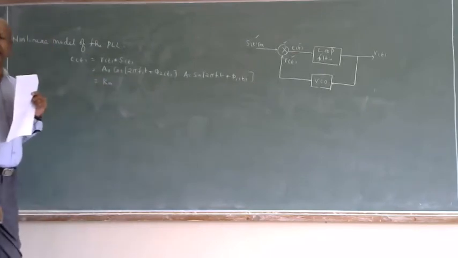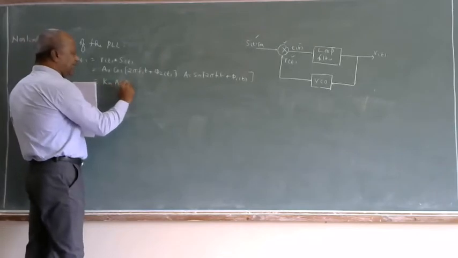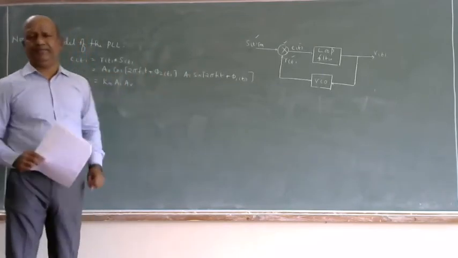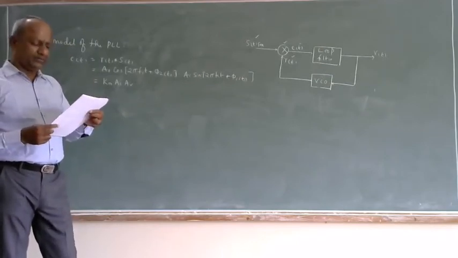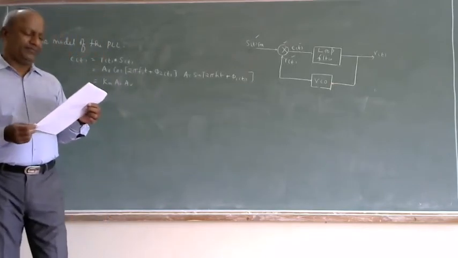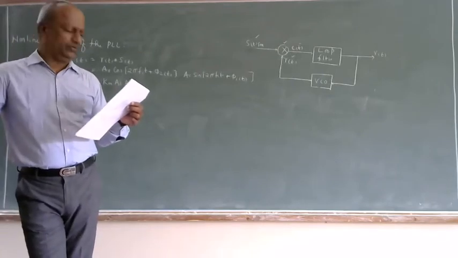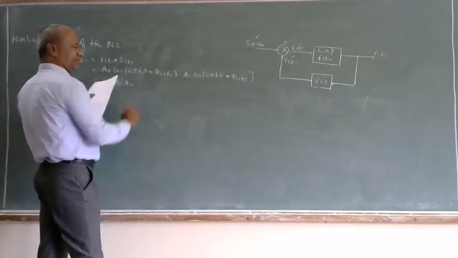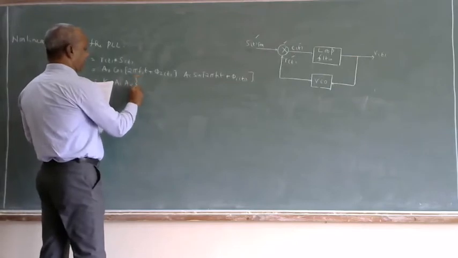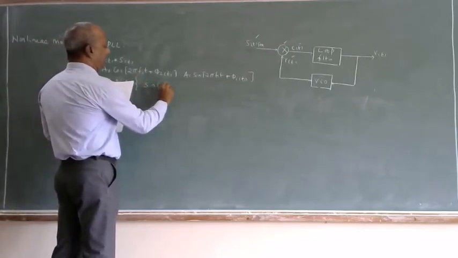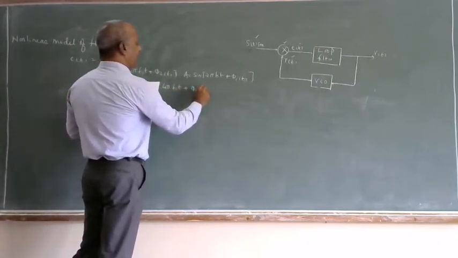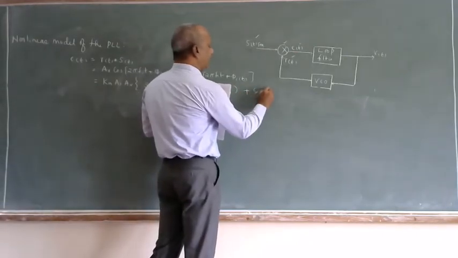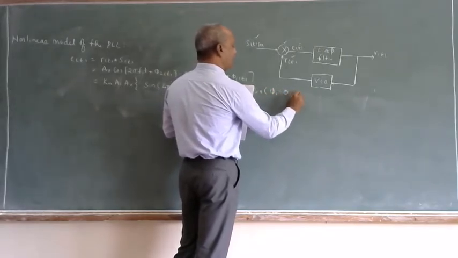Km, which is called the multiplier gain, times AC AV, then cos A into sin B. Cos A into sin B is equal to one half of sin of A plus B plus sin of A minus B. So write it in the form of sin of A plus B plus sin of A minus B. Sin of A plus B is sin of 4 pi FCT plus phi 1 of t plus phi 2 of t, plus sin of A minus B, which is phi 1 of t minus phi 2 of t.